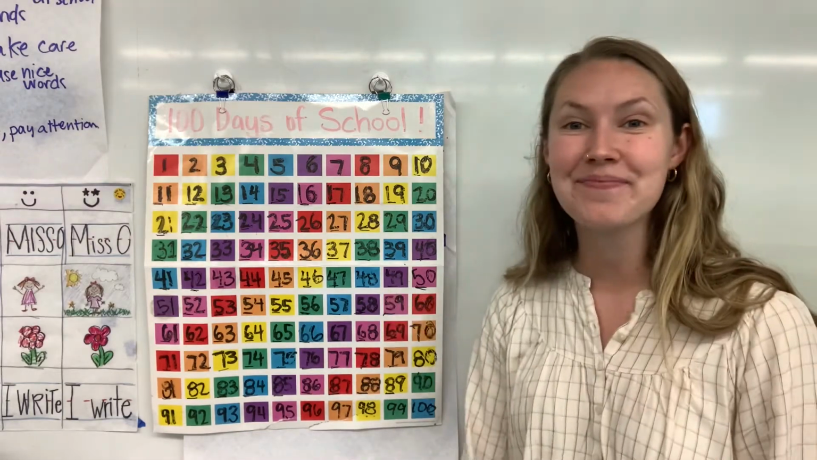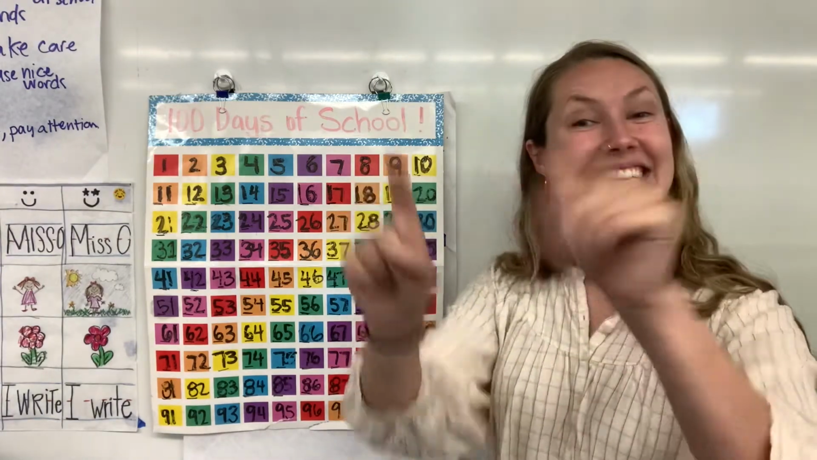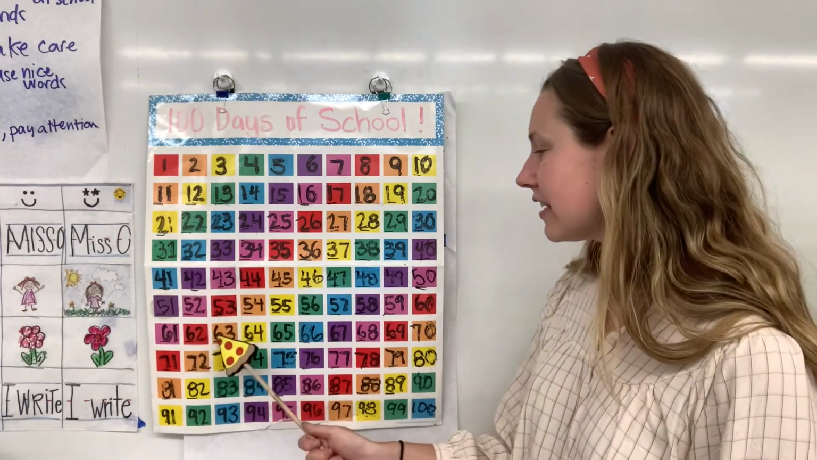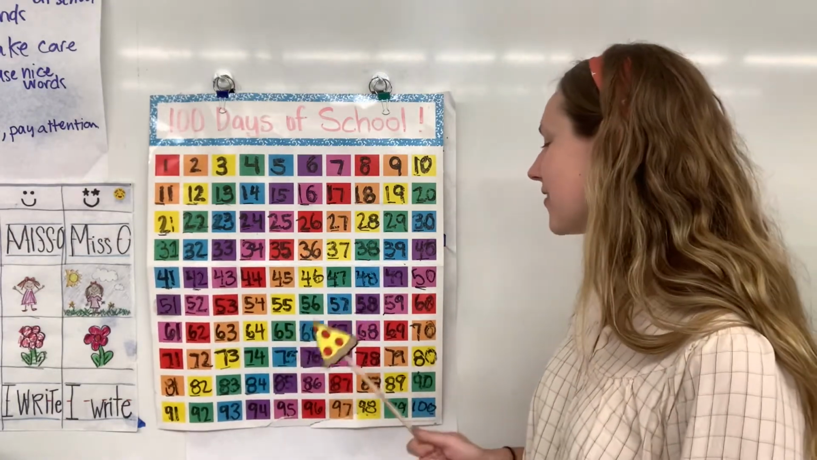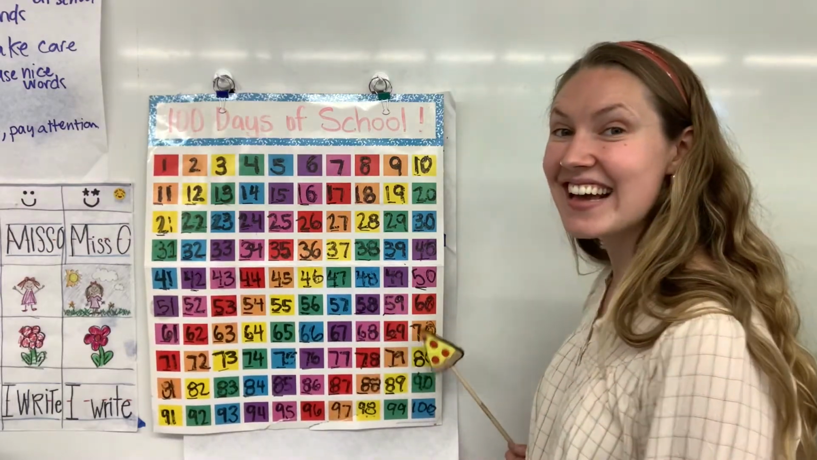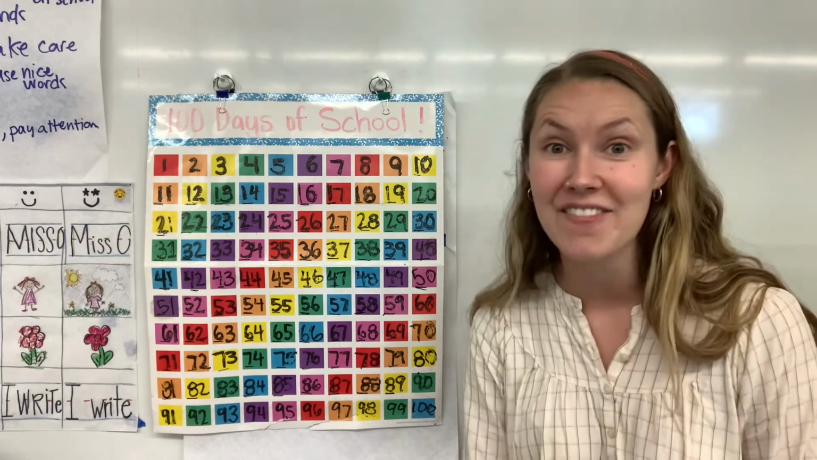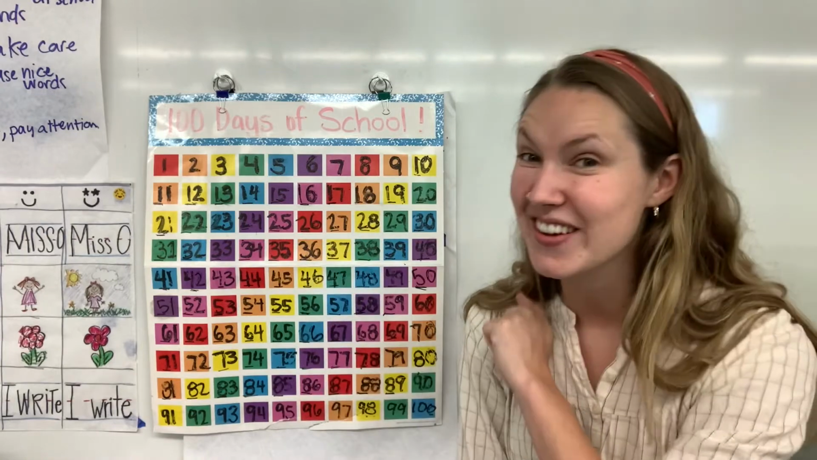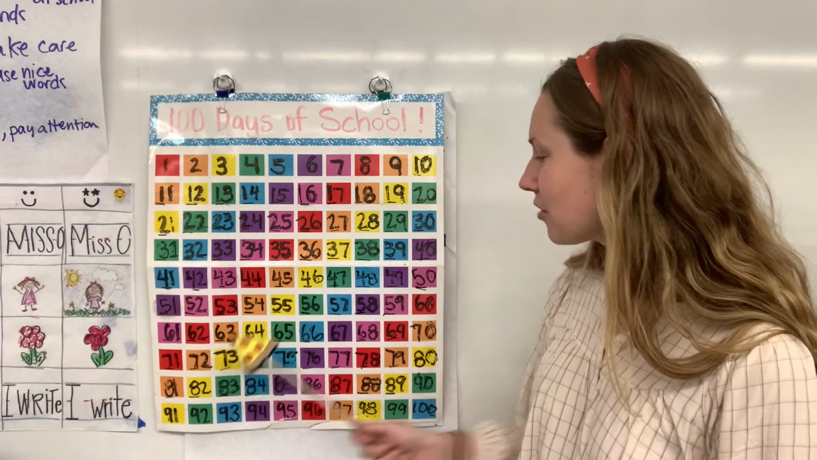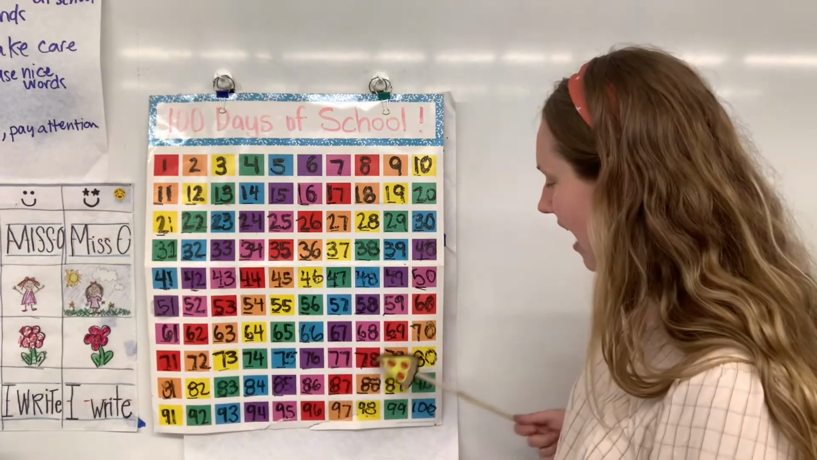And next come the 60s. The 60s all have a 6 in the front. 60, 61, 62, 63, 64, 65, 66, 67, 68, 69. And our next numbers are the 70s. And the 70s all have a 7 in the front. Are you seeing the pattern? 70, 71, 72, 73, 74, 75, 76, 77, 78, 79,